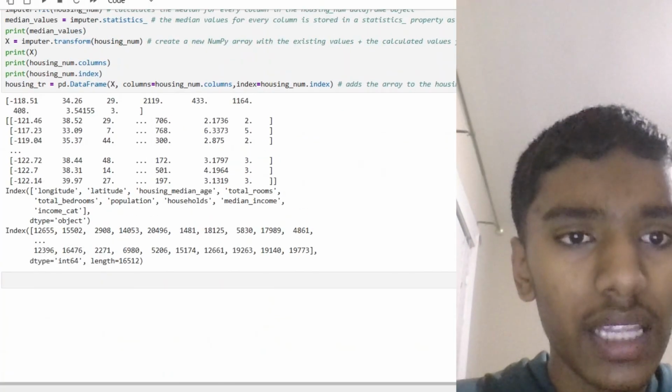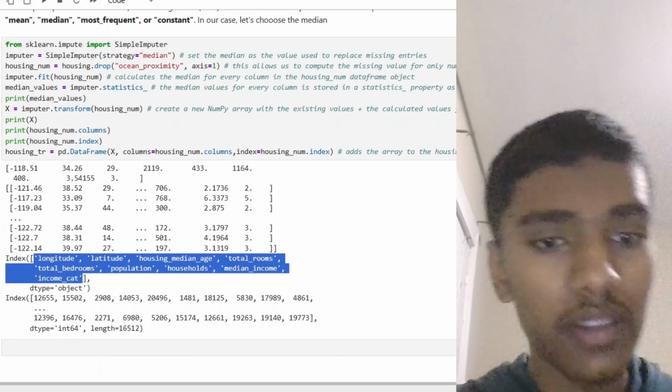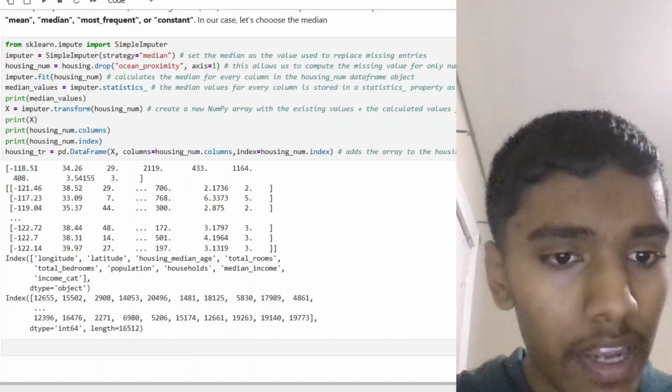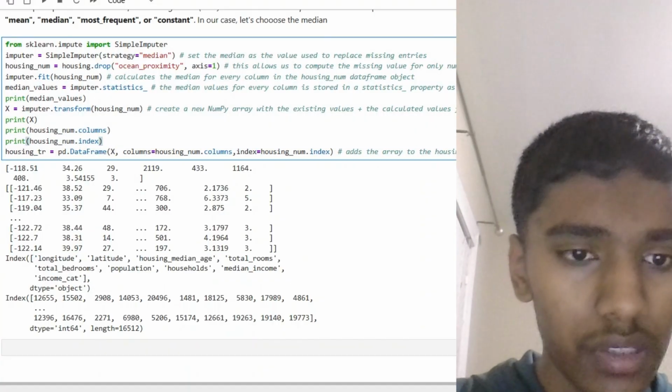Let me go ahead and print that out, and I think it's a lot of unnecessary things here. But anyways, we have longitude, latitude. You see there, that list there, and then you also have the indexes there. So you're seeing here the index